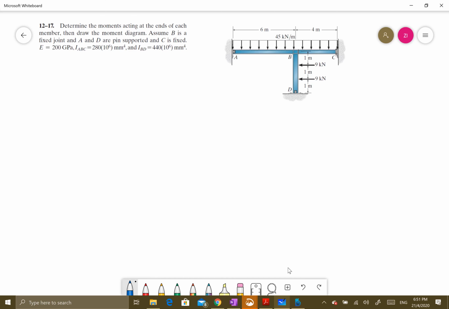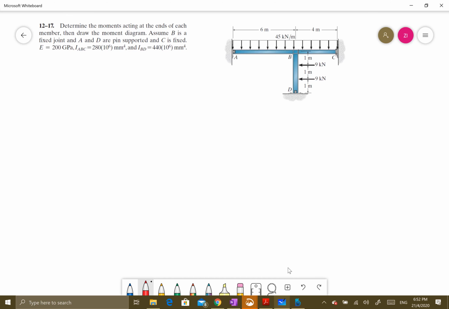Hi everyone. Today I want to try problem 12.17 for moment distribution for no sideway frame. Okay, so let's see the question. Here you have a frame with 1, 2, 3. So you have there 3 members,